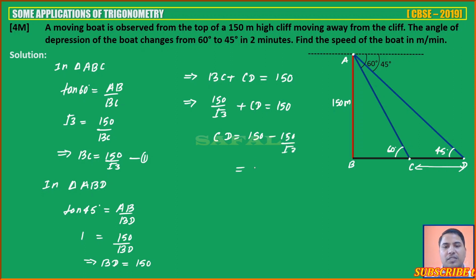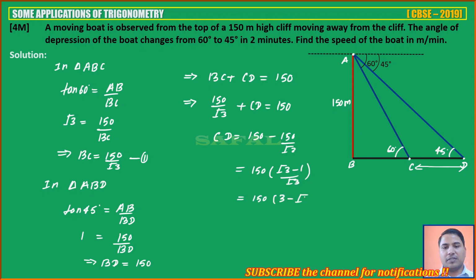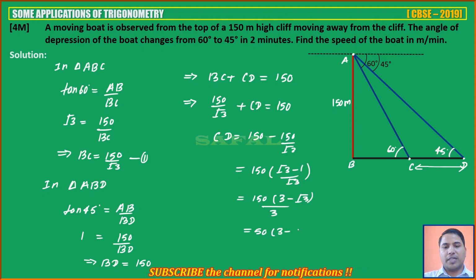On simplification, you can take 150 common, so root 3 minus 1 by root 3. To simplify, multiply up and down by root 3: 150 times (3 minus root 3), and root 3 into root 3 will become 3. So 3 50s are, so 50 into (3 minus